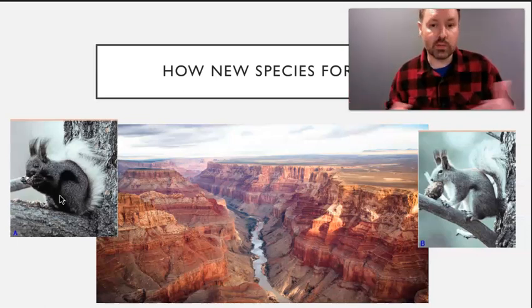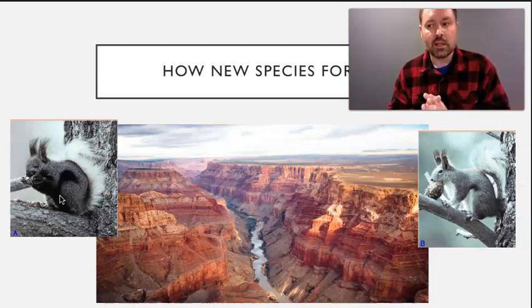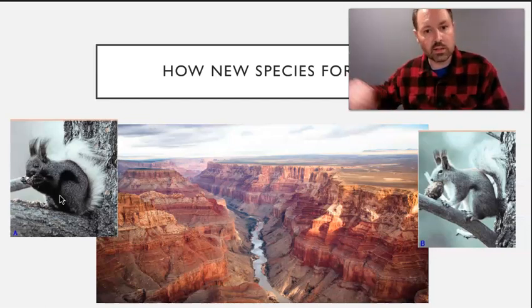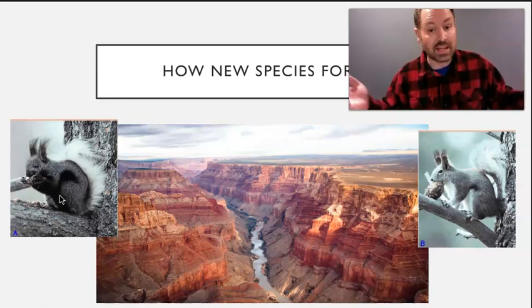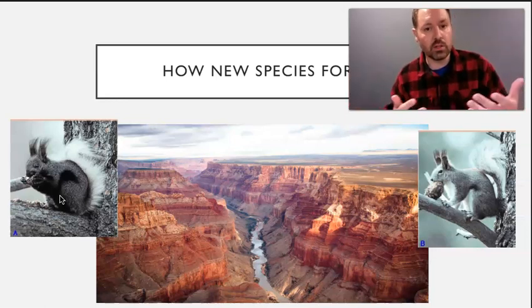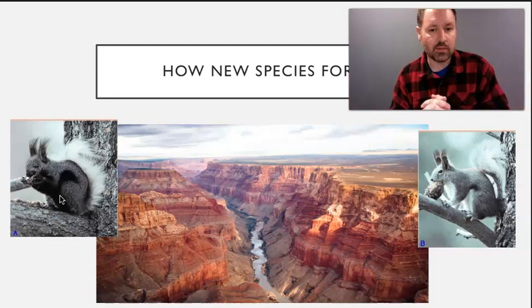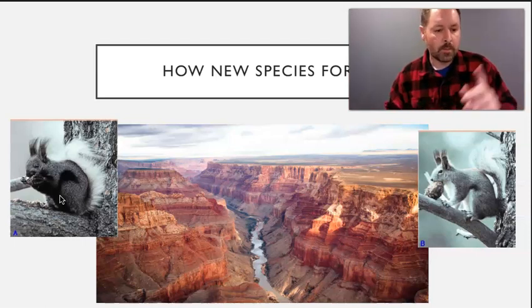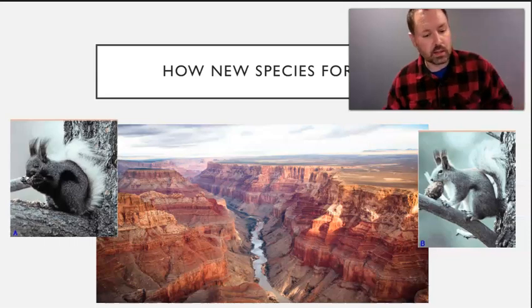Some other examples of habitat fragmentation are places like where an interstate crosses. You might have a population of deer on one side and a population of deer on the other side, but they can't go across the interstate to breed with each other. So that would be an example of habitat fragmentation. So that might be one way that a species can form, theoretically.